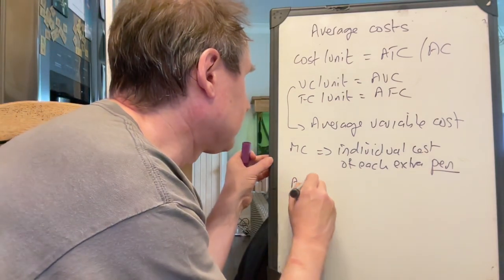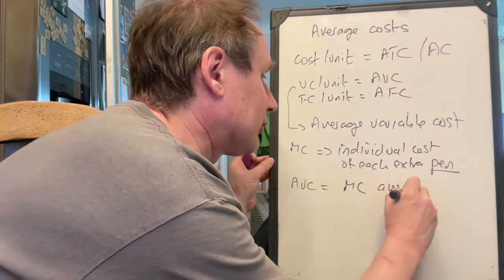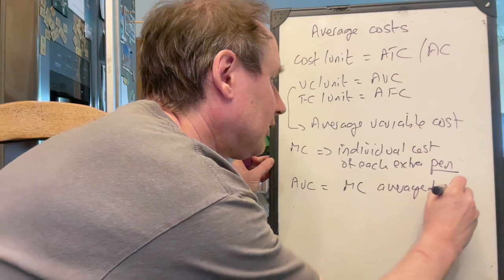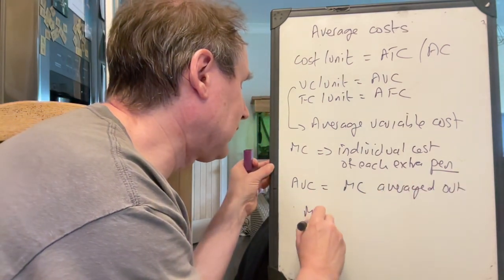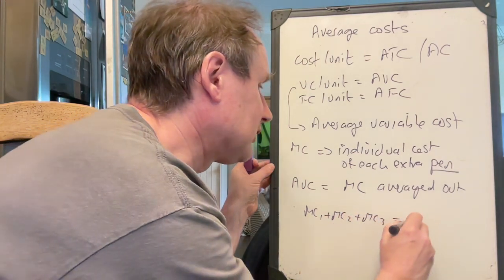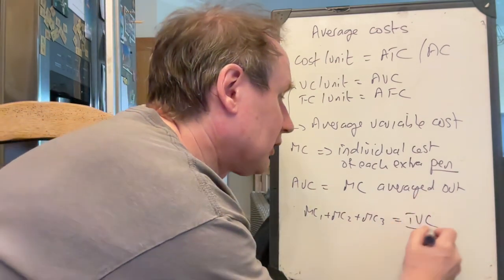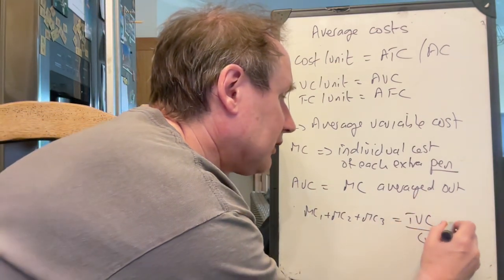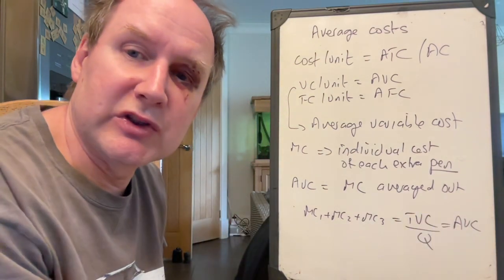Average variable cost shows all the marginal costs averaged out. And the reason we know that's true is that if we add up all the marginal costs, then that gives us total variable cost. But if we divide total variable cost by output, then that is going to give me average variable cost,